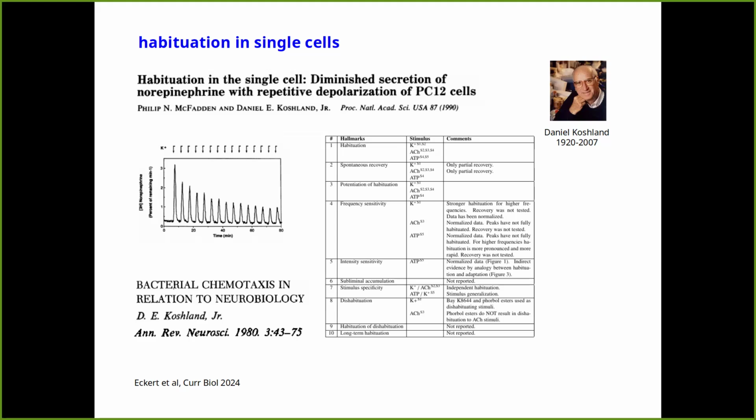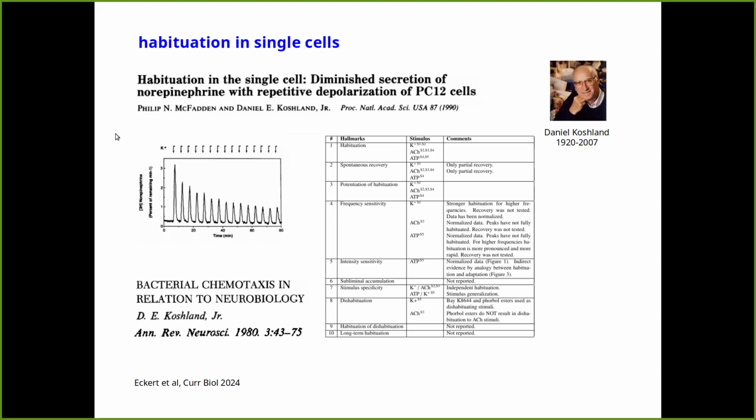And you can see from the review paper that I've just listed there in the bottom that he was already thinking about the behavior of bacteria and their chemotactic behavior from the point of view of neurobiology and neuroscience. And if you read his writings, it was clear that he was paying a lot of attention to what was going on in neuroscience. And in the 1990s, he started taking this and thinking about it in the context of individual cells. So again, Koshland is being very prescient here. I think he would be rather startled to see that we've taken so long to catch up with him.